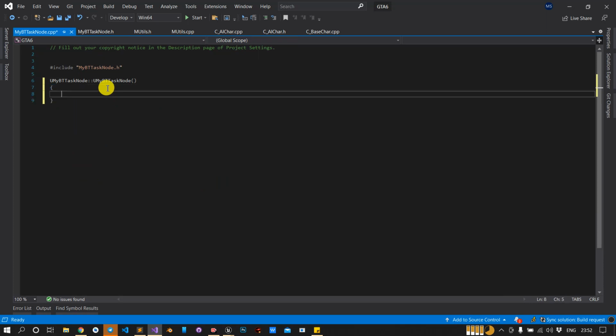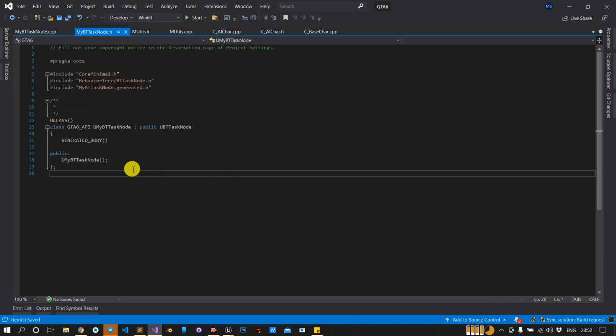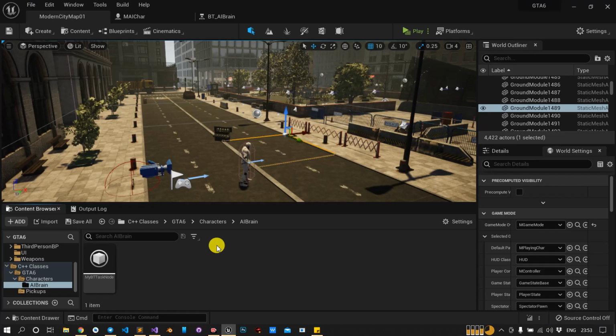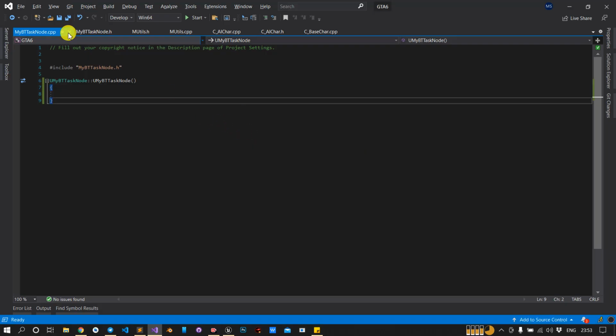Under the constructor, I will set the node name. And okay, so our Unreal is ready. Just go back to the task, and here just type node name.